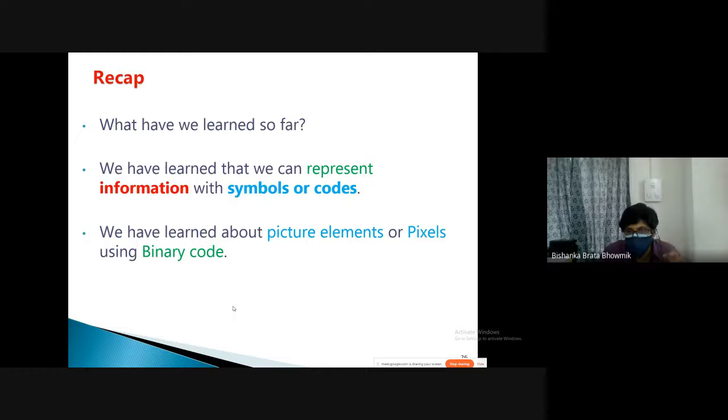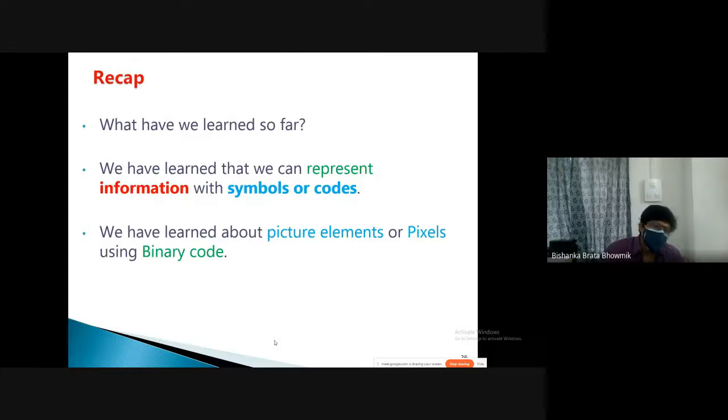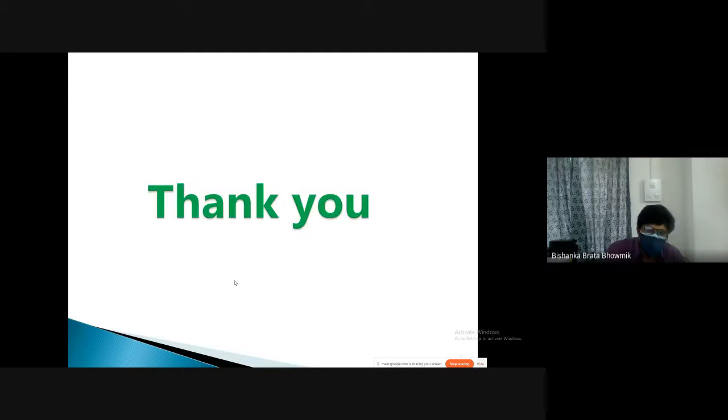If the color is yellow, you go slowly. So with some symbols, we can have information and work with it. In the next section, we made an image using binary codes, right? Using binary representation, you can do it.